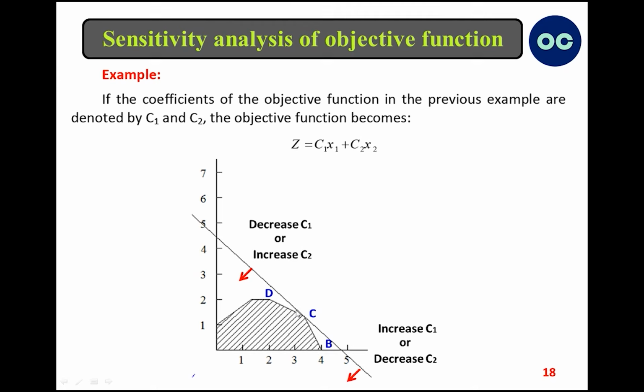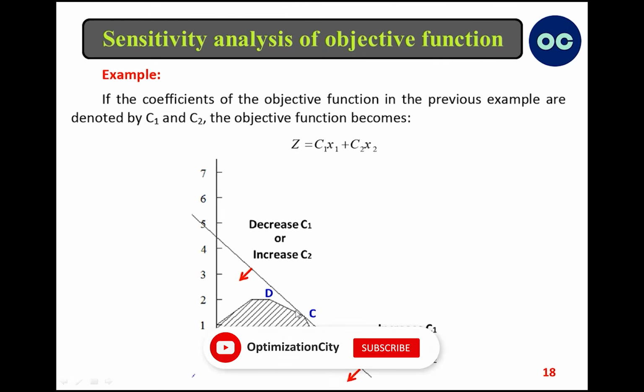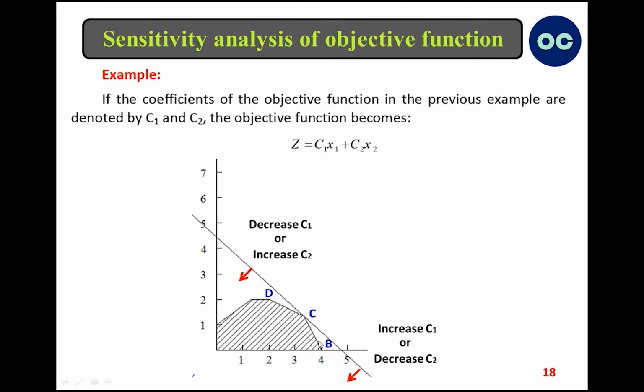If the slope of the line coincides with the slope of the first constraint, the problem will have two optimal extreme points, which are C and D here. Similarly, when the slope of Z coincides with the slope of the second constraint, line CB, the two points C and B will be optimal. Any slight change beyond the defined range for C1 will result in a new optimal solution being located at point B